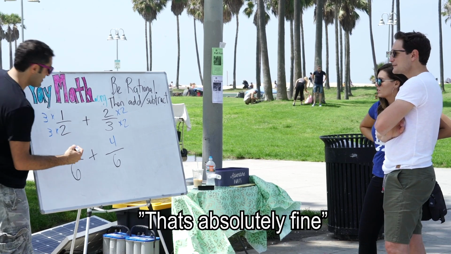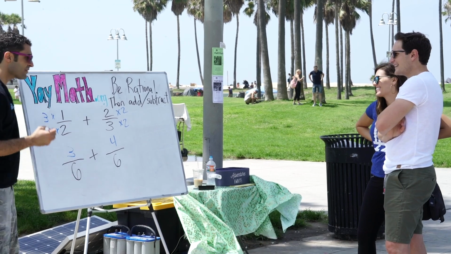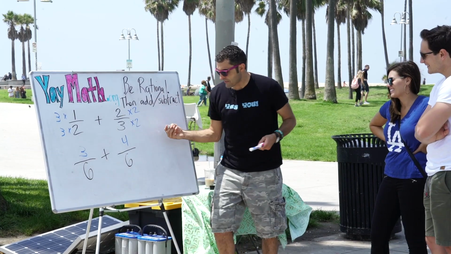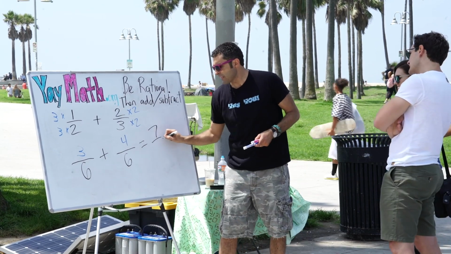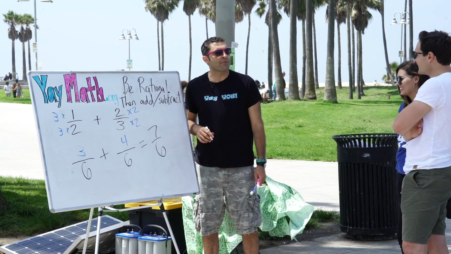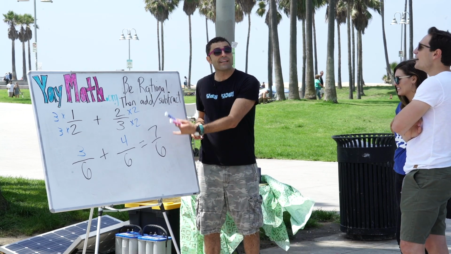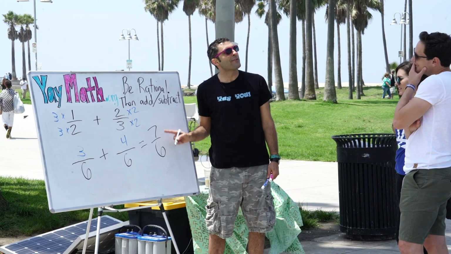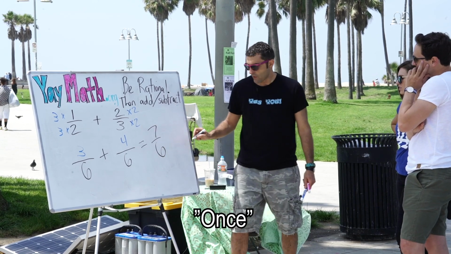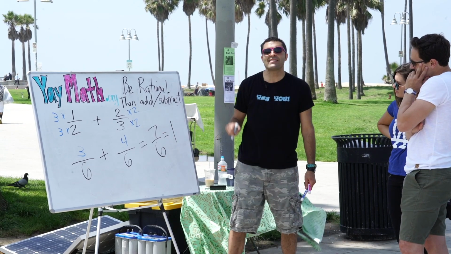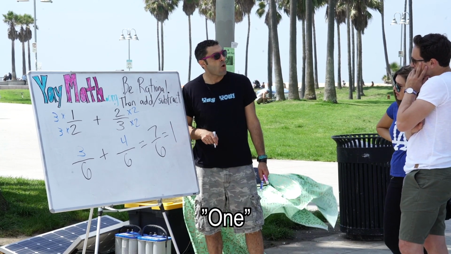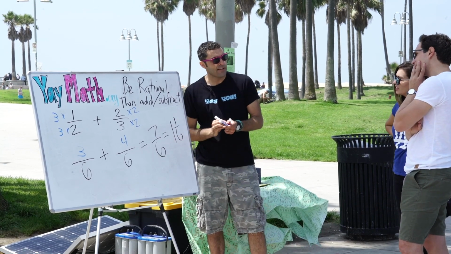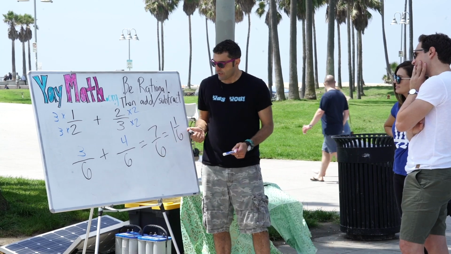Joe, is this okay for you? Yeah, it seems like you're totally comfortable. 7/6. So oftentimes in a lot of schools, they're comfortable leaving it at 7/6, an improper fraction it's called. Or you could actually turn it into what's called a mixed number. How many times is 6 going into 7? Once. Leaving how many sixths remaining? 1. 1 left, that's right. So that's a way to do that one. Either one's fine, 7/6 or 1 1/6.